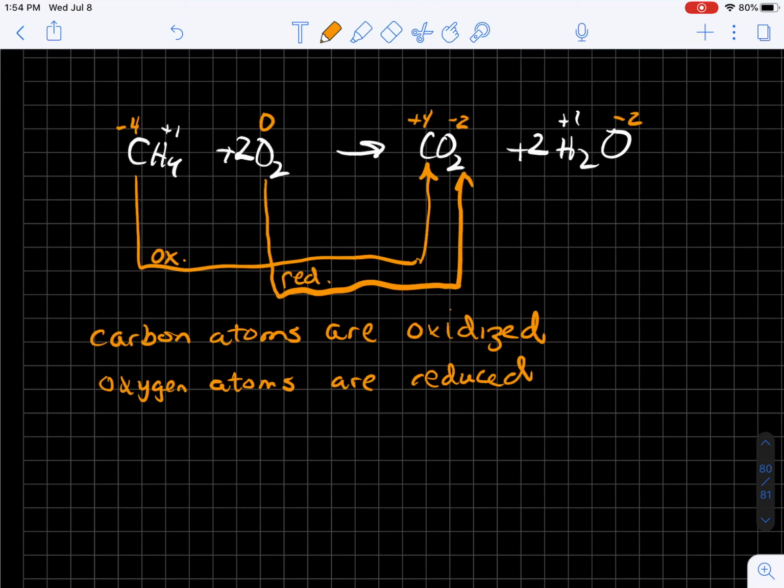Now, oxidation and reduction have to go together. If one thing is gaining electrons, it's got to come from something else. All right, so a little term here for you. They're going to ask you to identify the atom that's oxidized, or they may ask you to identify the atom that's reduced. From there, they're going to say, hey, what is the oxidizing